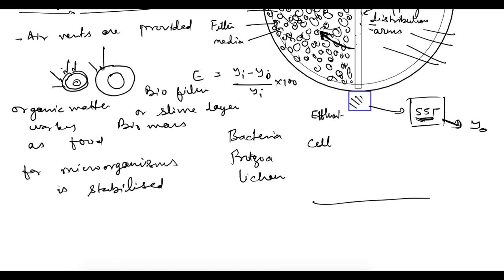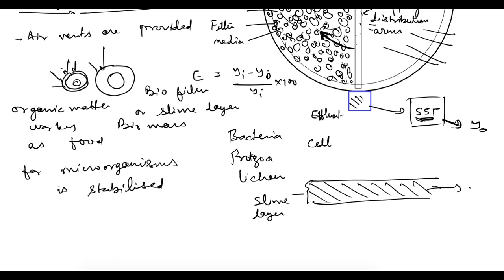Let's say this is the surface of some filter material. On this surface a slime layer has formed, this is your slime layer. On the top of this slime layer proper oxygen supply is there, and in this whole zone your biomass is present. In the upper part of this slime layer, at a depth between 0.1 to 0.2 mm, this part is in aerobic condition,